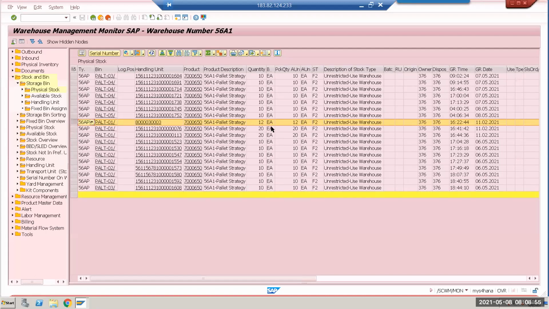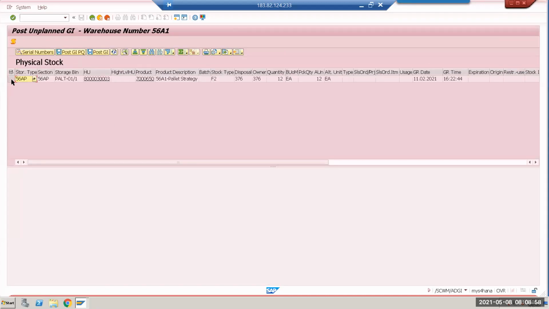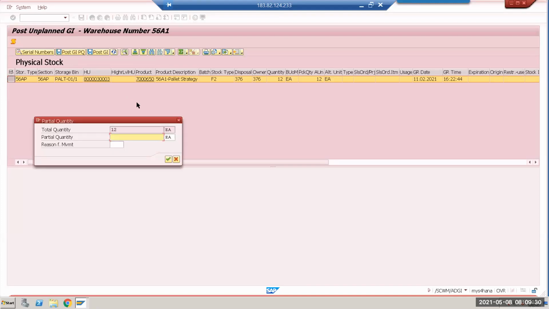This is also an option. Recently, I learned from one of them. Normally, ideally, it should be used for the mismatch of the physical stock. But ideally, it should be post GI. You have given minus just to increase the stock, right? Yeah. So some people are not ready to do the increase of the stock through PI, because PI means I have to create a PI document and then count and then post and then go to difference analyzer and do all these things, right? Yeah. So I'm a lazy guy. I don't want to do that. I can directly do post GI.